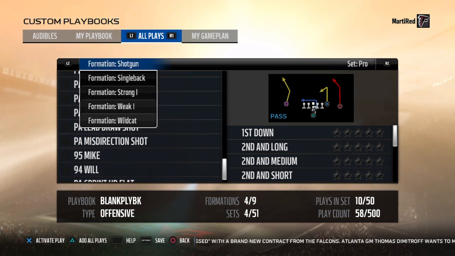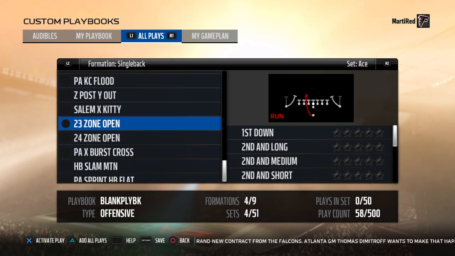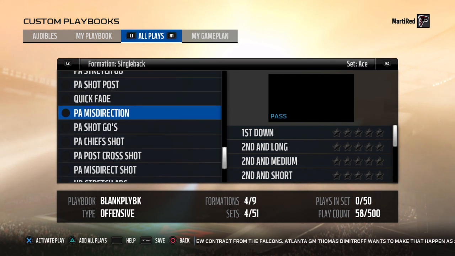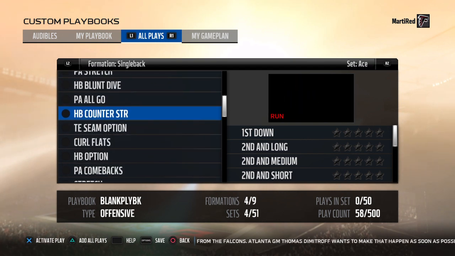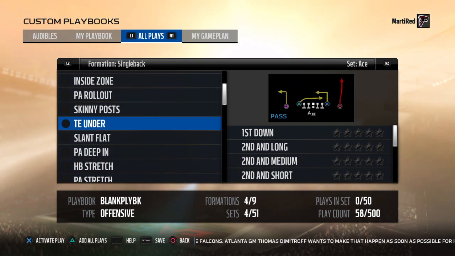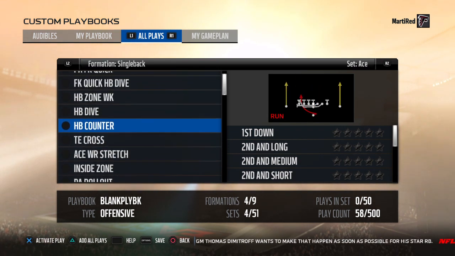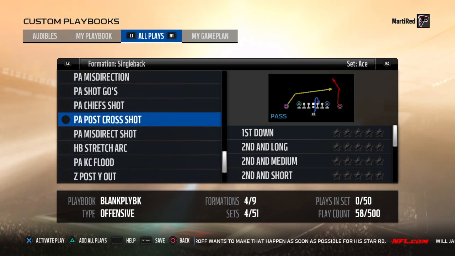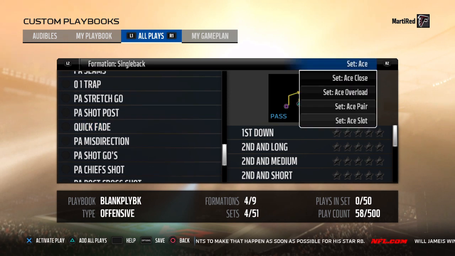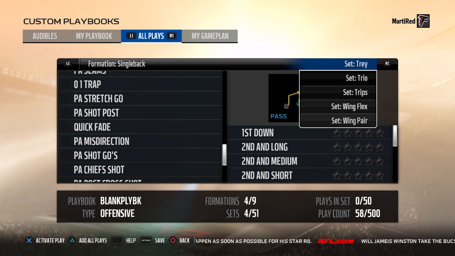All right, let's go to another formation because that shit's kind of whack. All right, I think seal back ace. Let's see what we got in here. Let me just go through it real fast before we start diving into this. All right, looks like we got a lot of stuff in here. 12 flats, slant, tight and under, ace wide receiver stretch. Kind of still want to go to a. Let's go to